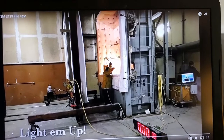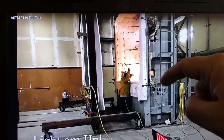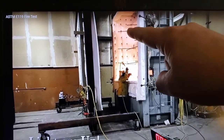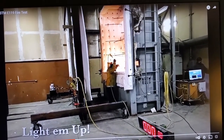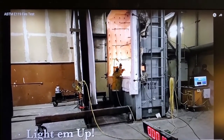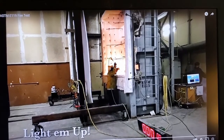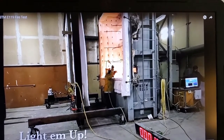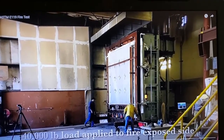Now pay attention here. Notice that when you see these black tubes sticking into, in this case, a wall furnace, if it were a floor furnace, this would be the other direction, obviously, but whenever you see these black tubes, these are the furnace thermocouples that are located inside of typically Inconel tubes, which is what actually makes for a tougher fire test in North America than elsewhere, because using fast response thermocouples results in a less severe thermal shock at the beginning of the test, when it matters a lot. So now he's put his test sample in place,